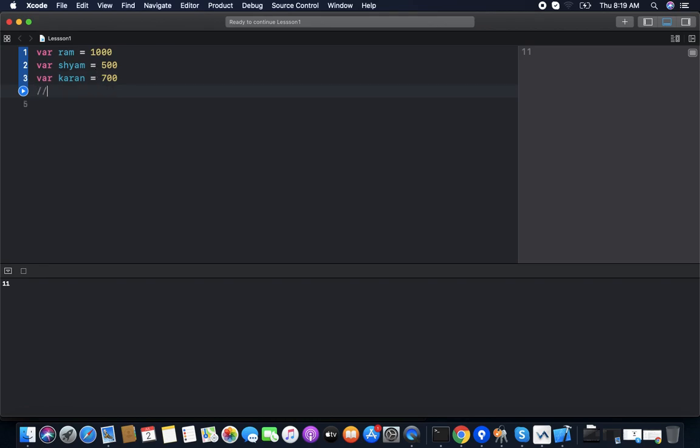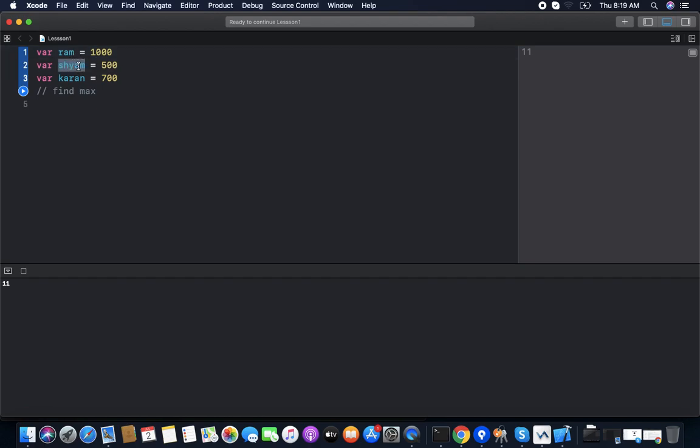So to find the max, if Ram has more value than Shyam and Karan, Ram is the richest. Ram has 1000, Shyam has 500, Karan has 700, so Ram is richest here.